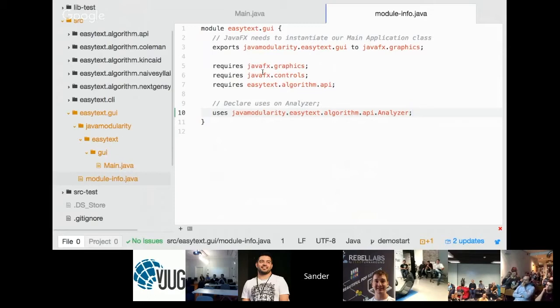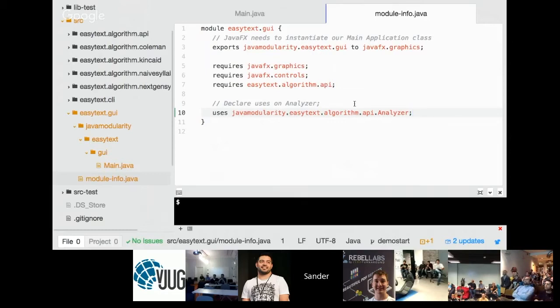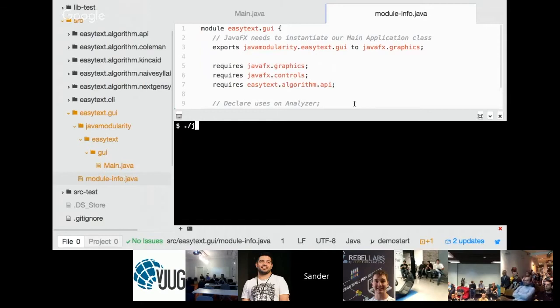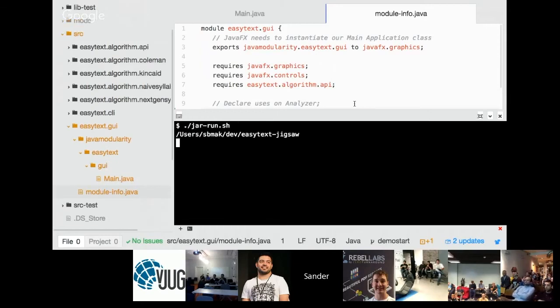Looking at the module descriptor a bit more in detail, we can also see that we have two require statements on JavaFX modules. Those come from the JDK itself. So this is a part of what Paul has already shown in the big graph. And we require the API module because we need to know about the analyzer interface. So if we're going to run this, and I'm going to use a little script because I hate typing too much,